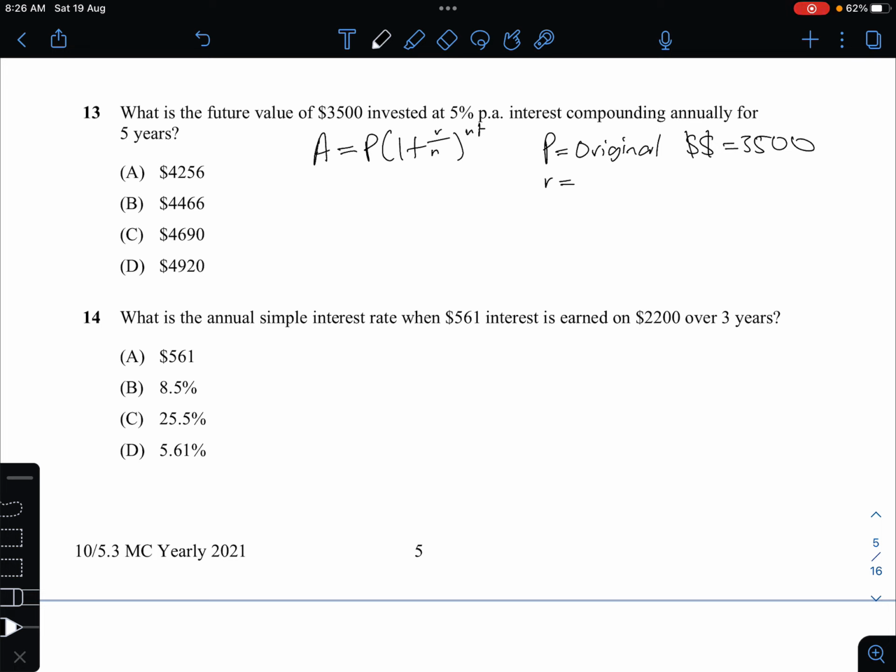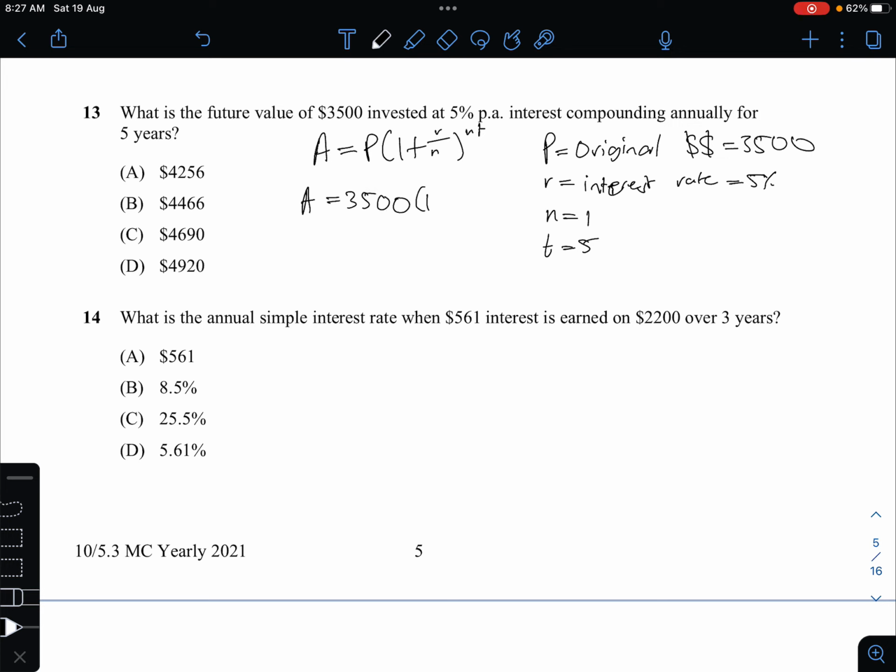R equals interest rate, equals 5%, N equals the number of times interest is applied per time period. So essentially it's saying, in this case it's per annum, and our time period is years. So it's once per year. So N is just 1. And then T is the number of time periods elapsed. 5 years is 5. So if we sub all of these values in, you get A equals